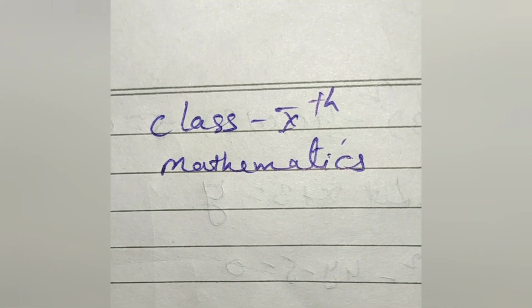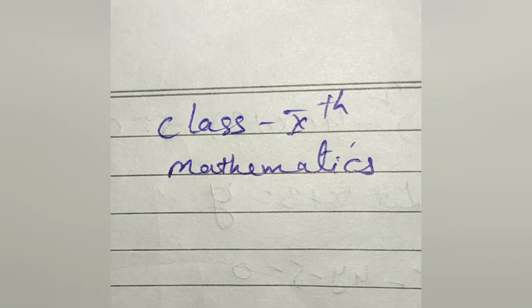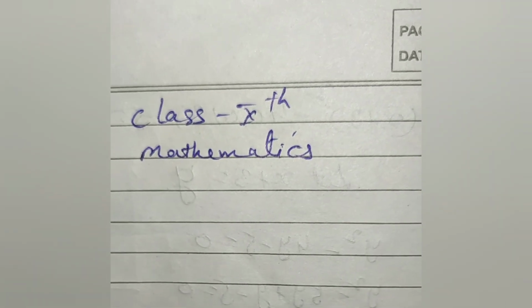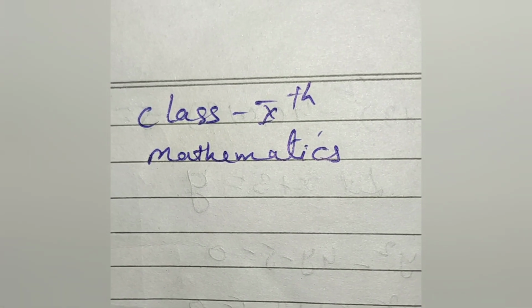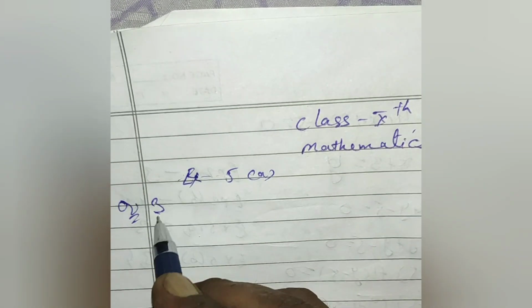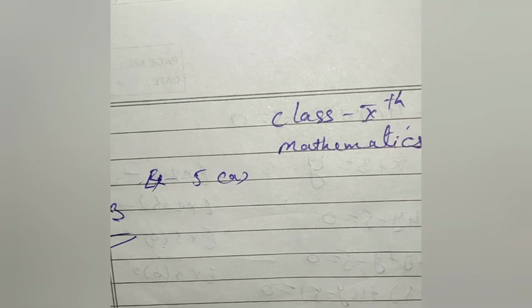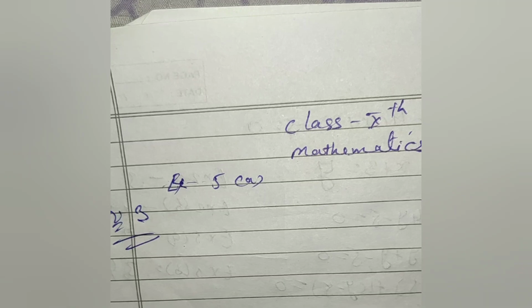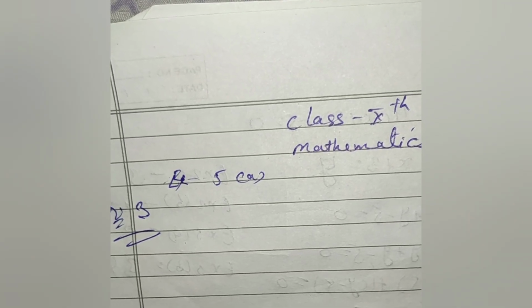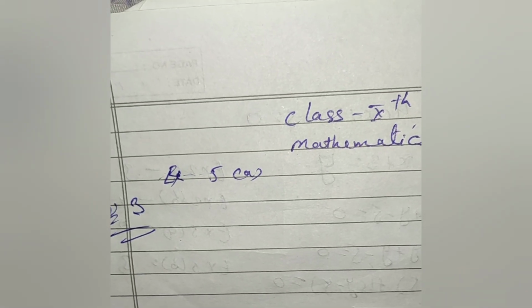There is one problem from chapter 5, exercise 2A, question number 3. Each of A and B opened RD accounts in the bank. If A deposits rupees 1200 per month for 3 years and B deposits 1500 rupees per month for 2.5 years, find on maturity who will get more amount and by how much. The rate of interest paid by the bank is 10% per annum.